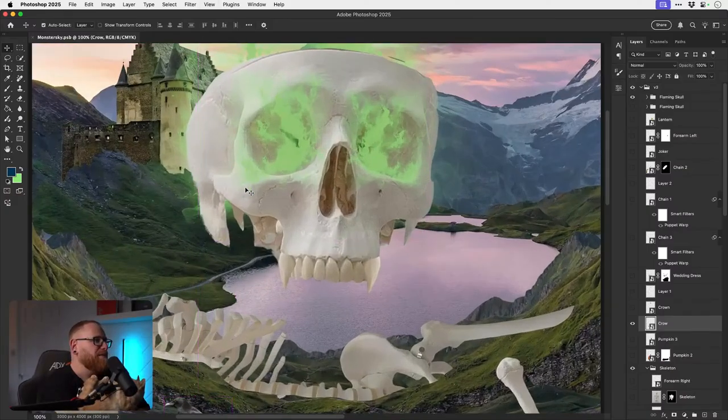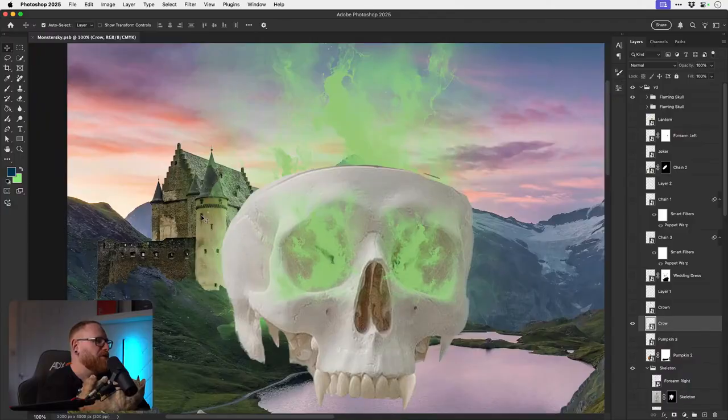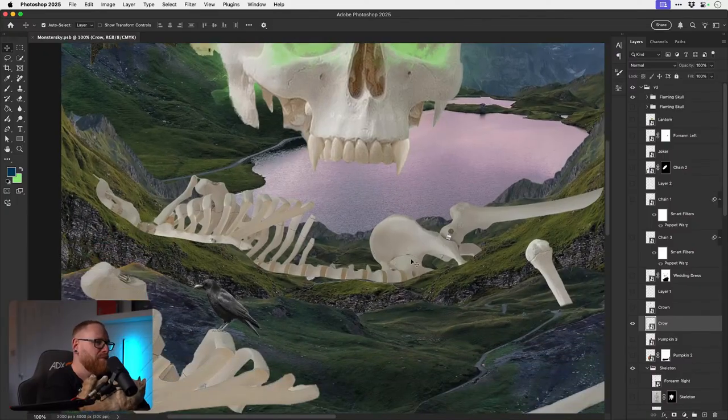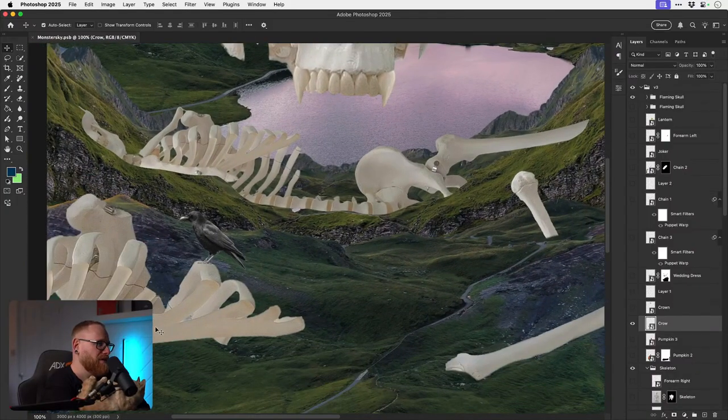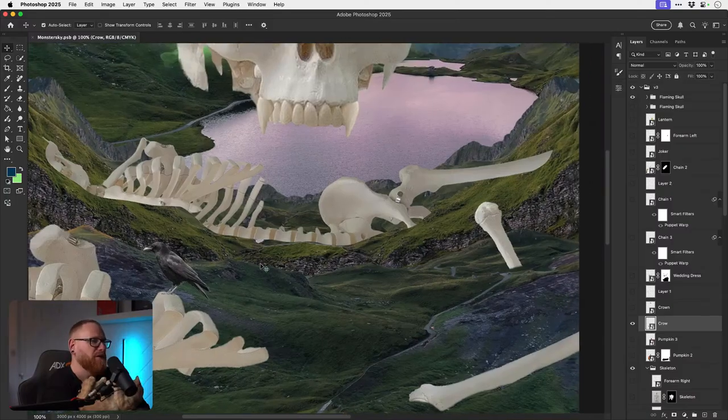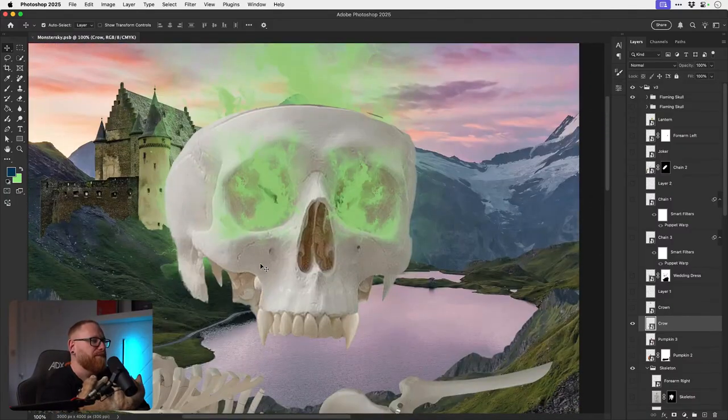The castle in the background, we could do some little lights, so the lights are on and maybe someone is home. Blending this into the landscape would be super cool and this would look great. It would be so easy as well, having bones just covered in moss and dirt and gravel. That would be really cool.